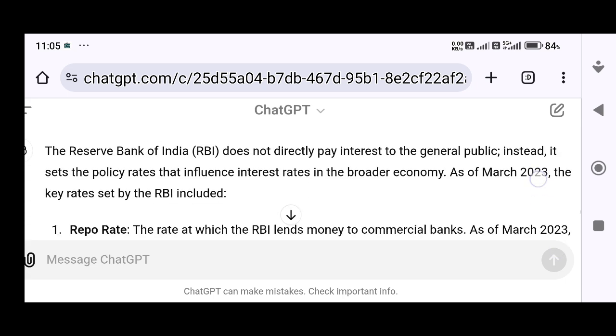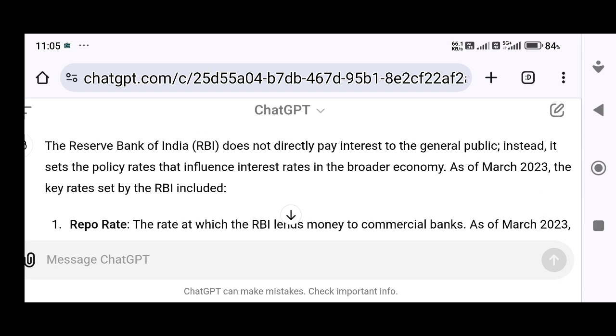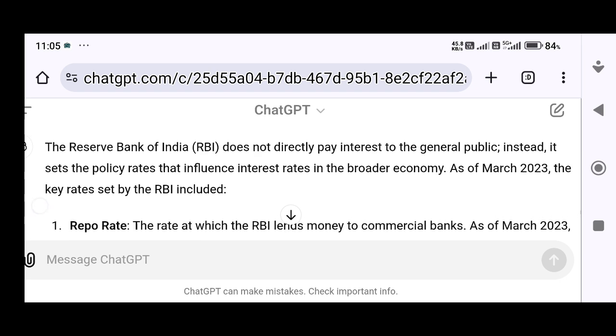The Reserve Bank of India, RBI, does not directly pay interest to the general public. Instead, it sets the policy rates that influence interest rates in the broader economy. As of March 2023, the key rates set by